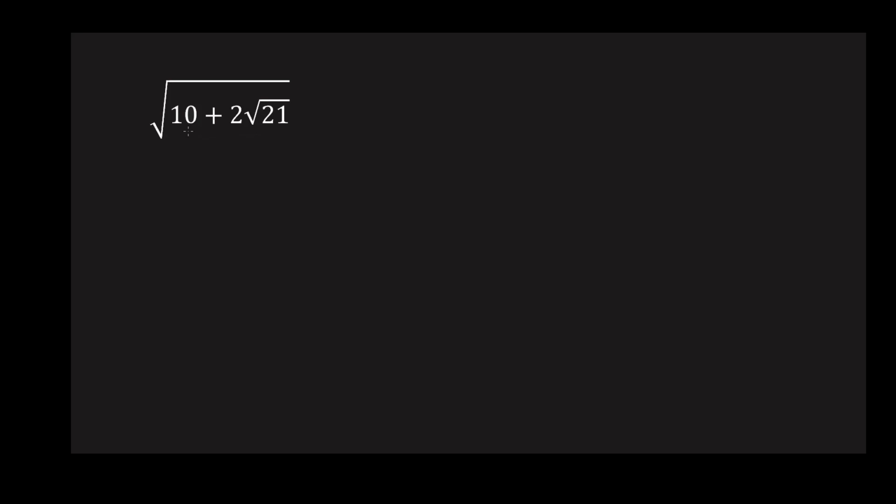Hi everyone, in this video we are going to simplify some square root problems. Let's look at this problem. Here we have a square root inside another square root. The basic idea for such kind of problem is to make this whole inside a perfect square. Why? Because the square root of a squared is equal to a, where a is greater than or equal to 0, and this is a principal square root. It's a non-negative number.